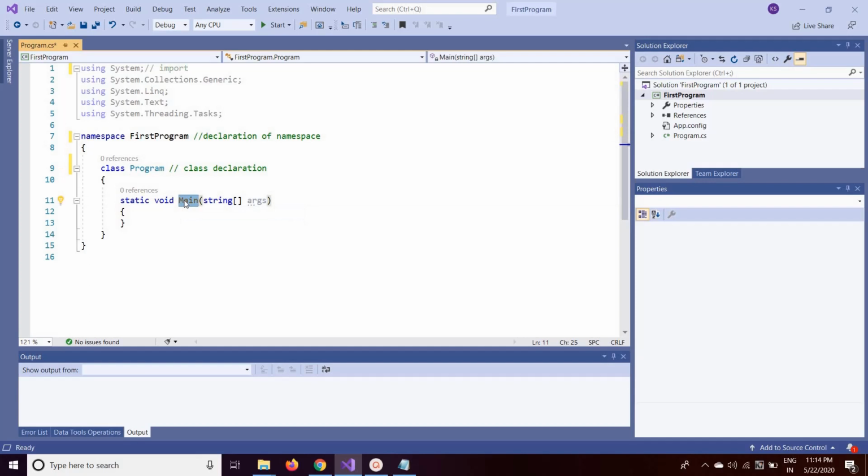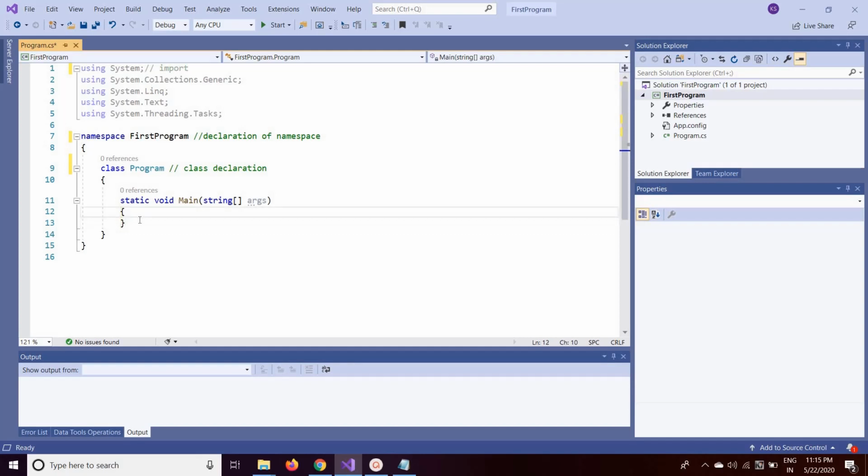The next is the main method. What is this main method? The main method is the starting execution point of the application. When the application is executed, this main method will be executed first. This method contains the main logic of the application. It will tell you what the class does when executed. The main method specifies its behavior with statements inside it.